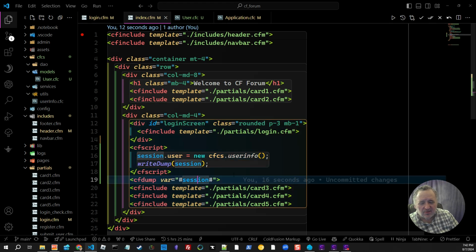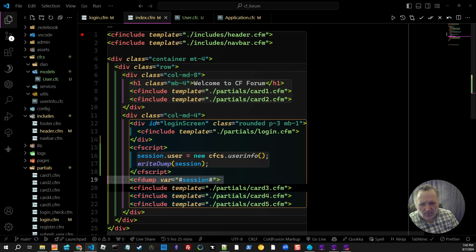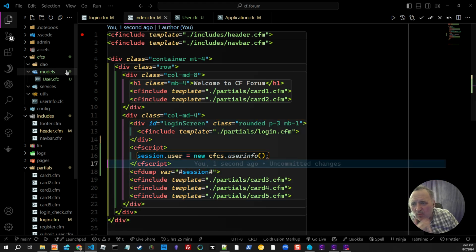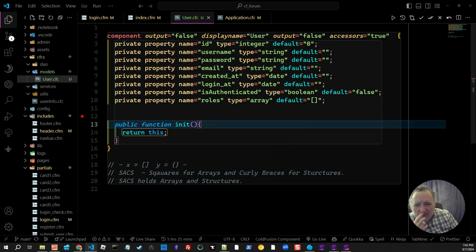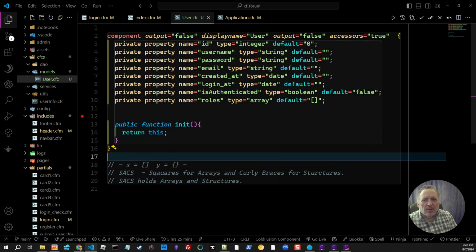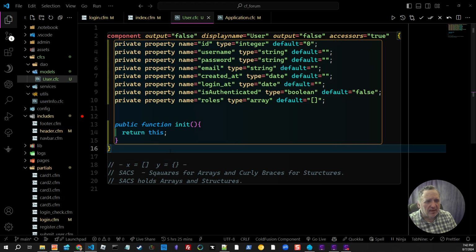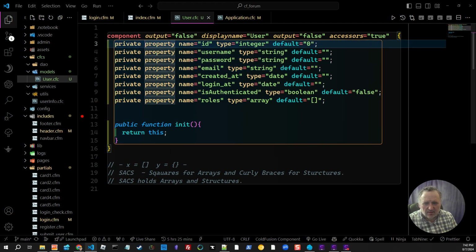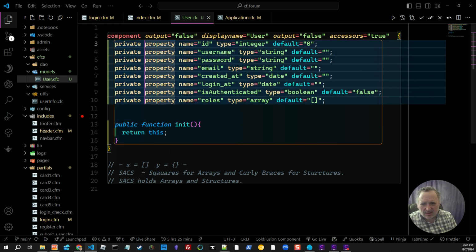Yeah, I'm dumping session down here. Duh. Okay, anyway, I'm going to leave that down there. Let's get rid of this one up here. Okay, so what we want to do is, let's go look here. I've got component, I've got the right brackets, and I've got a function. Okay, just for now, I'm going to take out the private. I just want to see